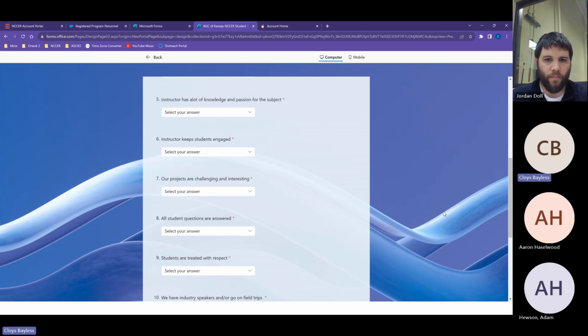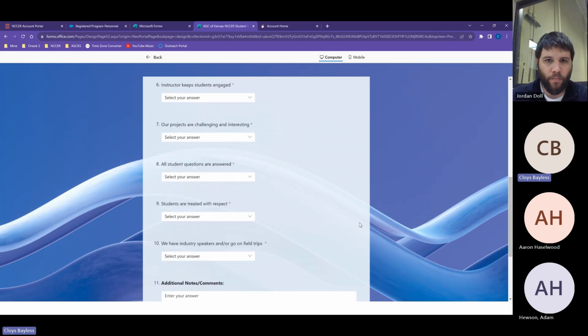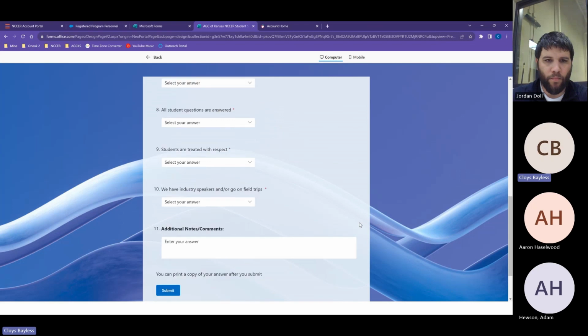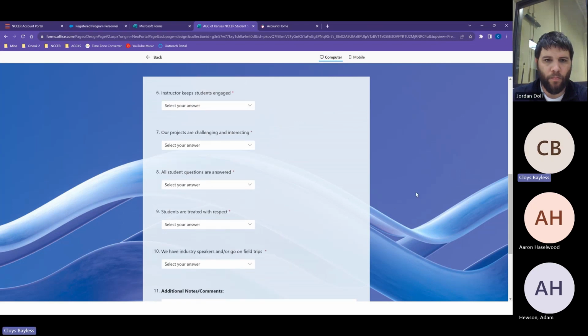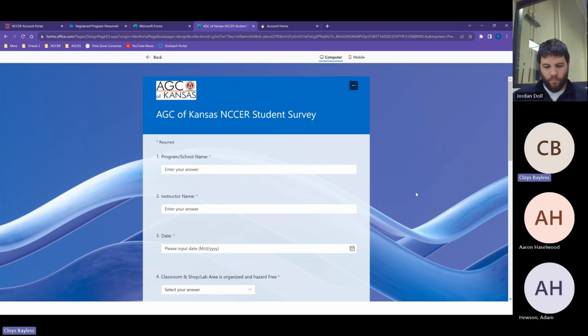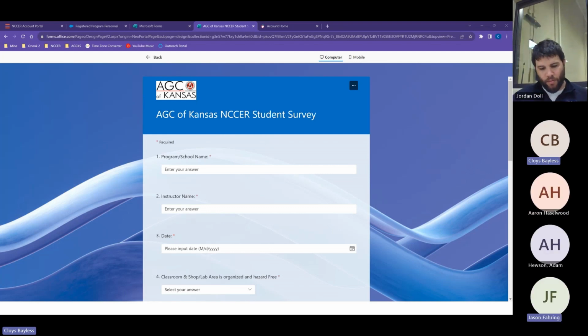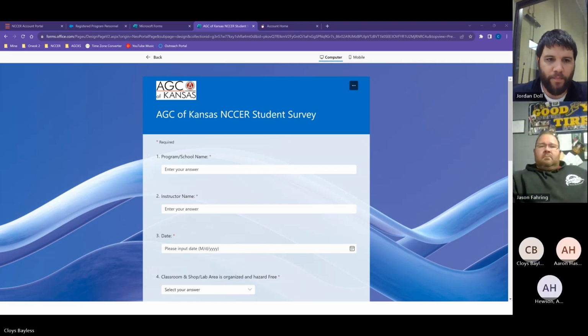Are the students engaged? Is it challenging, interesting? Are all the questions answered, and are students treated with respect? Do you have any field trips or industry speakers? So basically, this is a survey that NCCR requires, and you can do it by QR code.